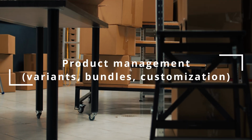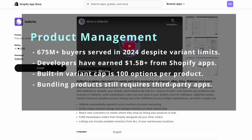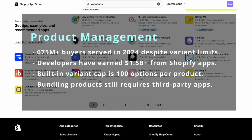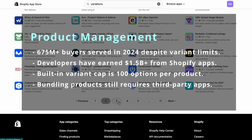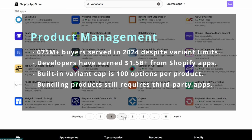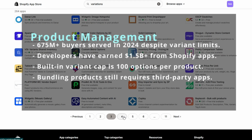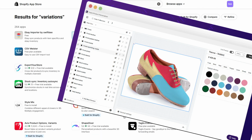3. Product management, variants, bundles, customization. Shopify has a hard cap, 100 variants per product. Clothing, furniture, tech accessories. You hit it instantly. Bundling multiple SKUs into one kit? Still not native. Examples: Infinite Options, add text fields, drop-downs, Bold Product Bundles, Classic bundle logic, Zepto Product Personalizer, custom